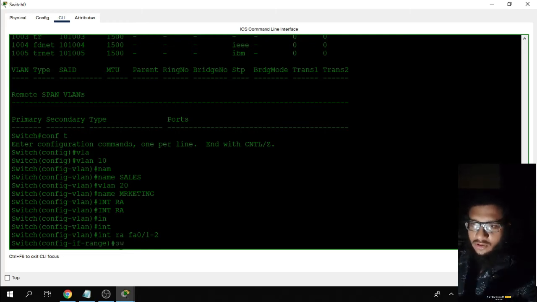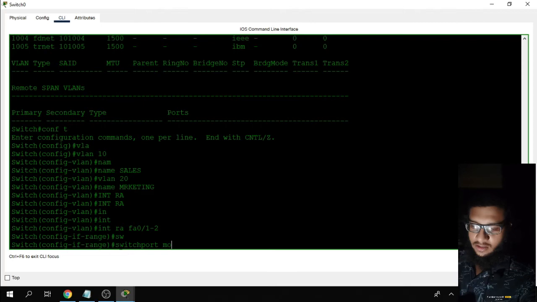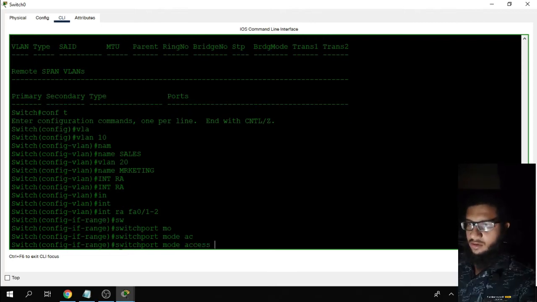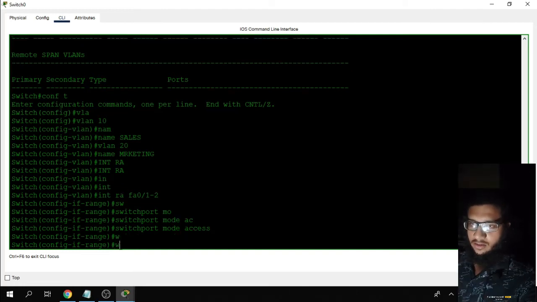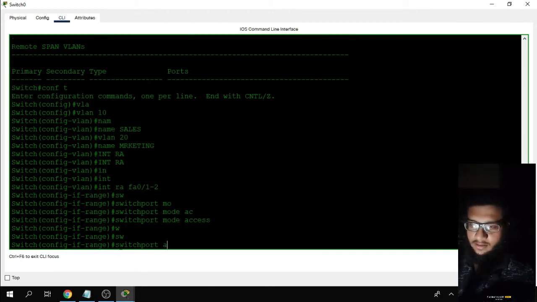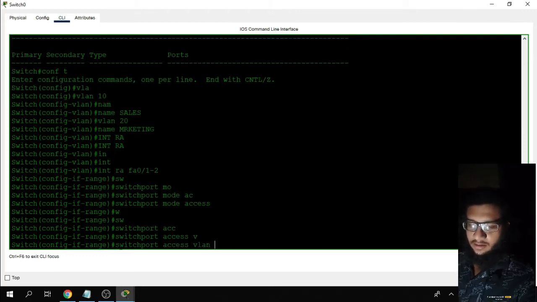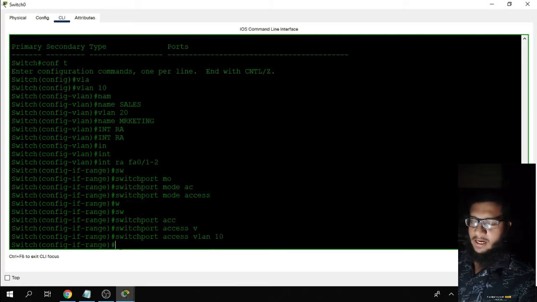So switchport mode access, and then I'll move these two ports into VLAN 10. Switchport access VLAN 10, enter.